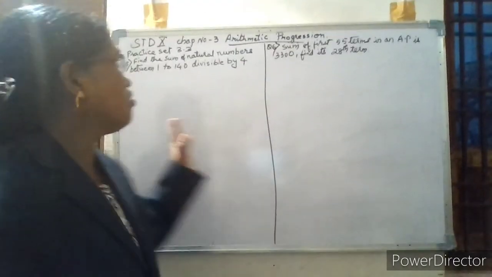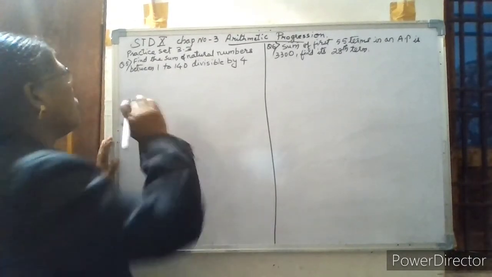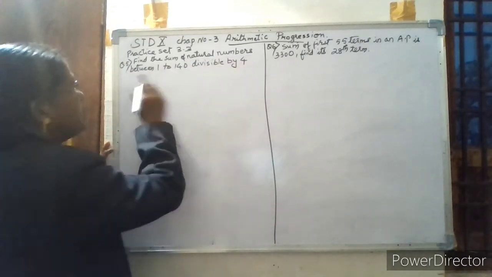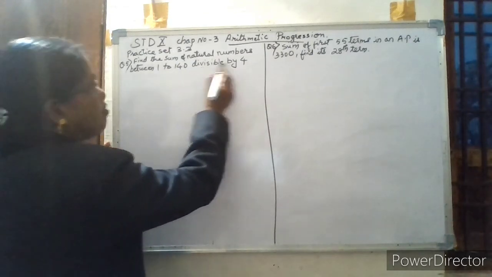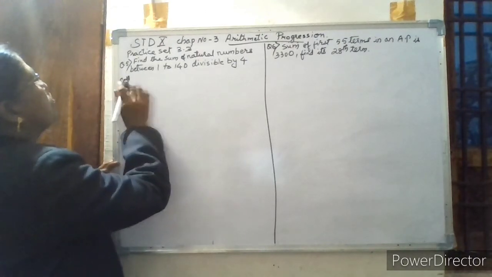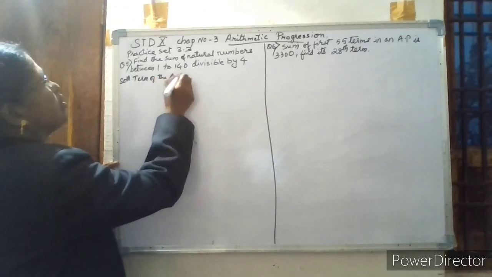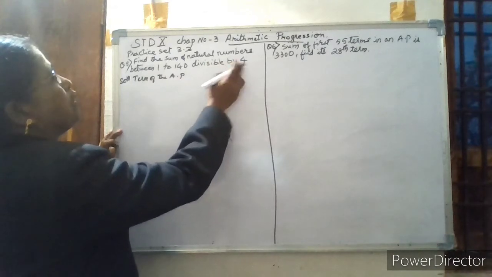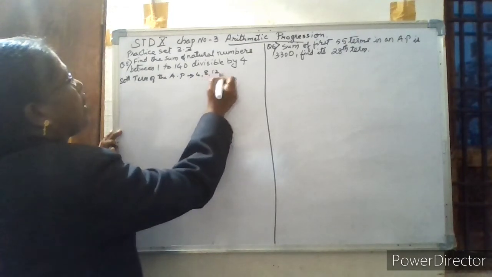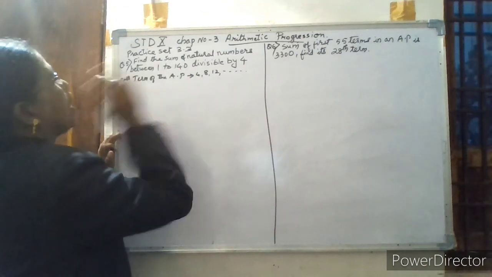Now let us solve question number 5. See, it is an activity question. I am solving it and giving it to you, fill in the activity. Find the sum of natural numbers between 1 to 140 divisible by 4. So, the terms of an AP here. Which numbers are divisible by 4? 4, 4 twos are 8, 4 threes are 12 and so on. After 1 it is coming 4 first. So between 1 to 140.